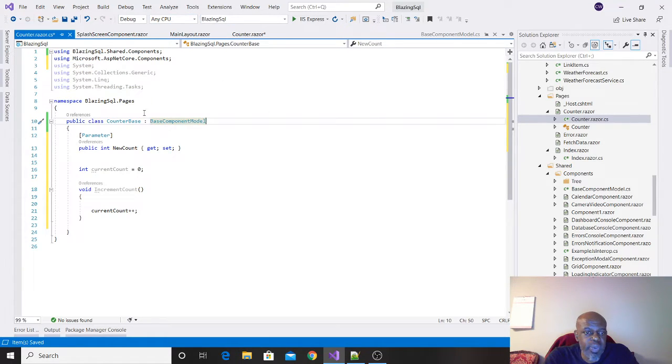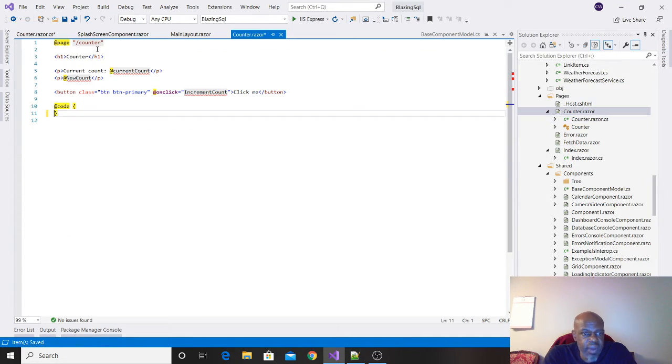Okay, so now I have separated that, and you have to put a base. It can't have the same name. There are some examples on the internet which recommended doing partial. That causes problems, I found out, so I don't recommend that. It may work if you could figure out why it's blowing up, but mine was blowing up. I couldn't figure it out, so I went to the example Microsoft gives, where you basically add base to your actual component's name, and then you have that counter